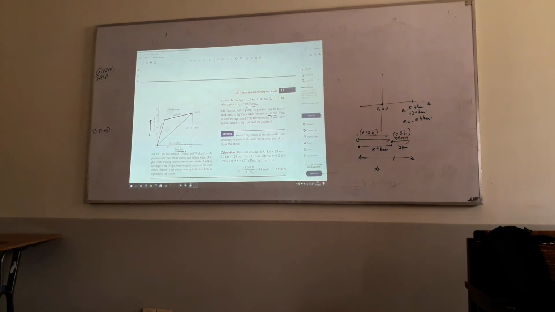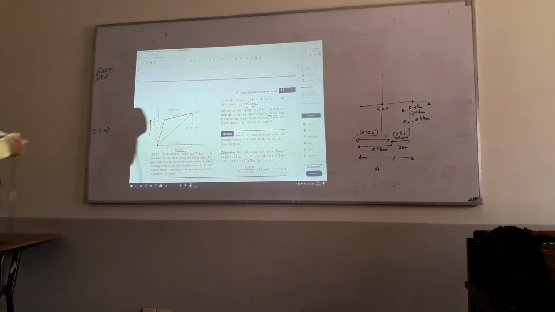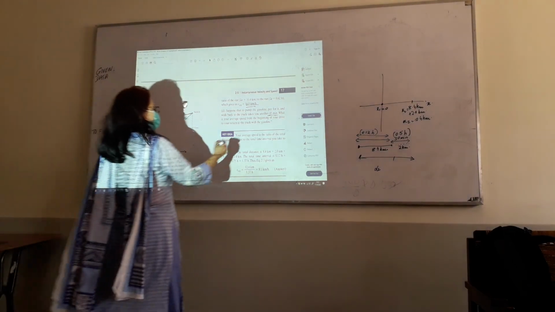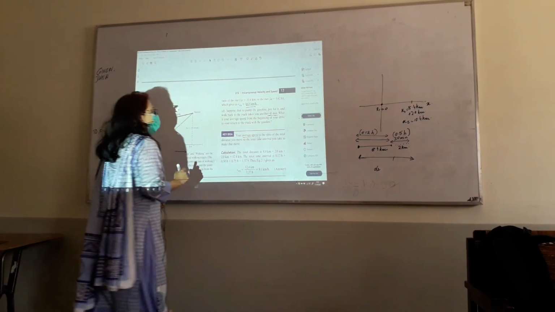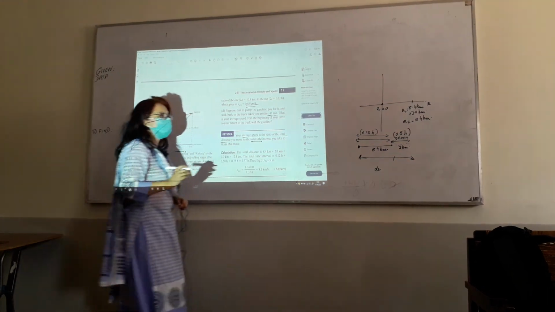Now, first we were talking about two parts of the motion, the driving part, the walking part to the station. Now we are also talking about you coming back. And when you were walking towards the station, you took 30 minutes, but when you are coming back, you were tired and you took 45 minutes. So, your story has become bigger, right? Okay. Now, so what is average speed? Average speed is the ratio of the total distance divided by the total time.